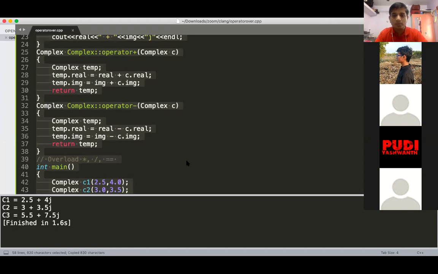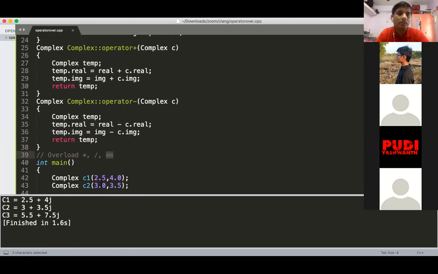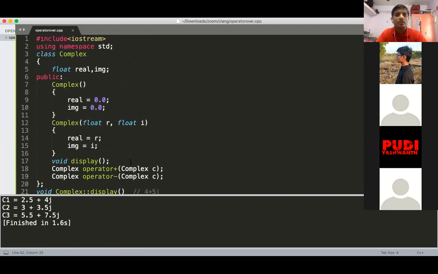The same program you have to rewrite with the three more operator overloads present in it: operator plus, minus, multiplication, division, as well as the equal to operator. It is not assignment, the equal to operator. The equal to operator will return true or false. If both objects have the same value, real and imaginary, then you can say that both are equal. So this is the assignment.